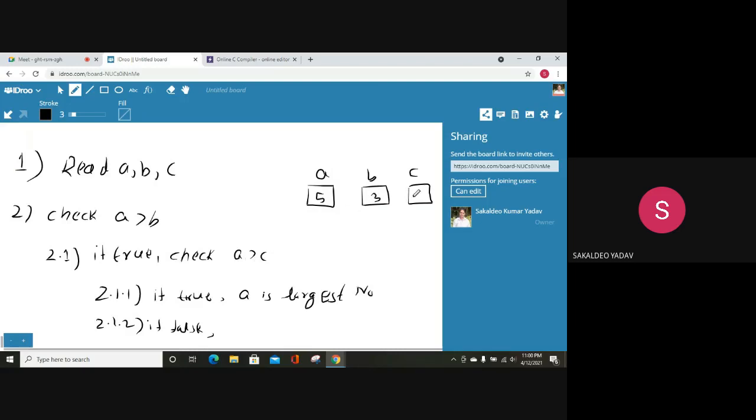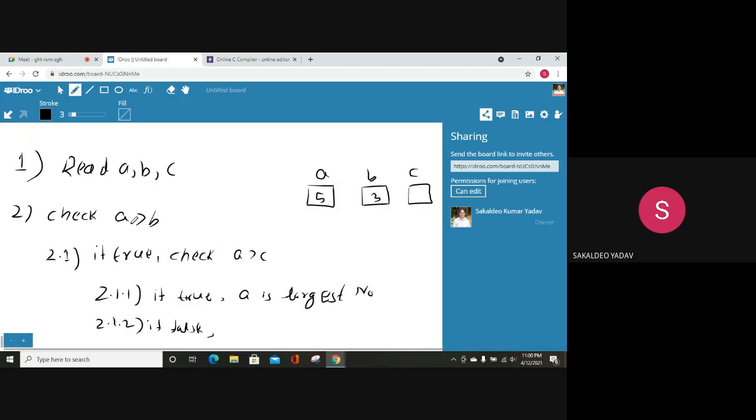If a is not greater than c, that means c is greater than a. So if a is greater than b but a is not greater than c, then by default c is the largest.